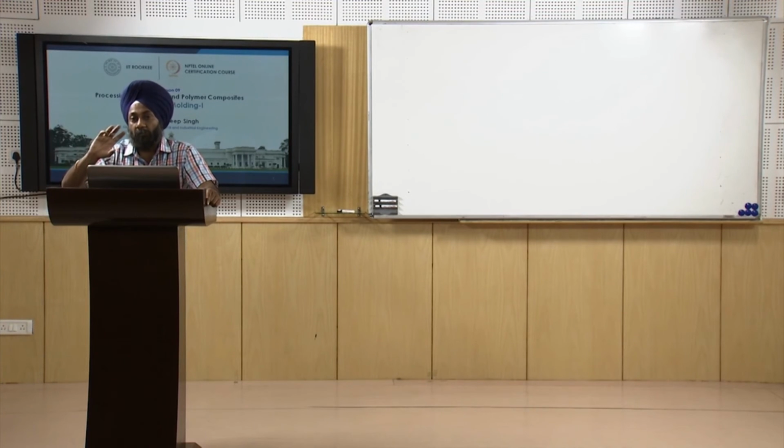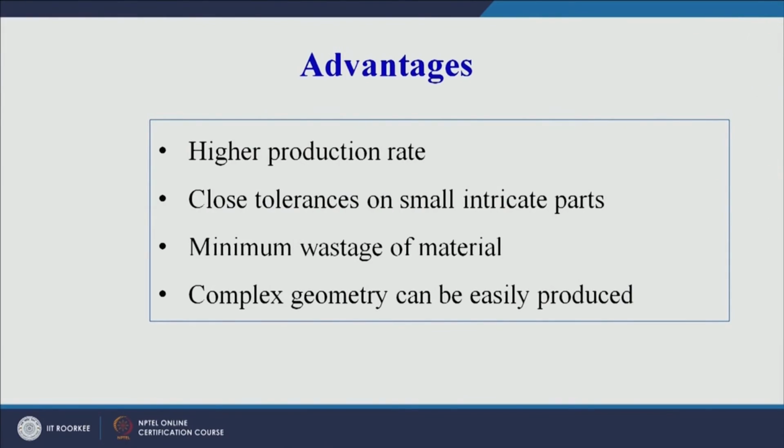Parts which are difficult to make using other processing techniques for plastic can be made using injection molding. So part complexity is not a limitation, the only thing is that if the part is very complex, it is very difficult to fabricate the die or the mold for that part. But once the die and the mold can be fabricated, it then becomes a very fast process of processing complex parts also. So the wastage of material is less, and complex geometry can easily be made; as I have already highlighted, this process is suitable for difficult to process complex geometries.